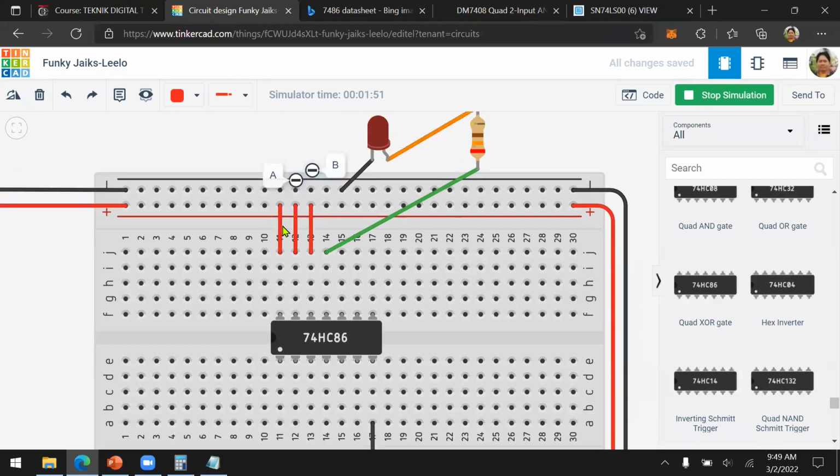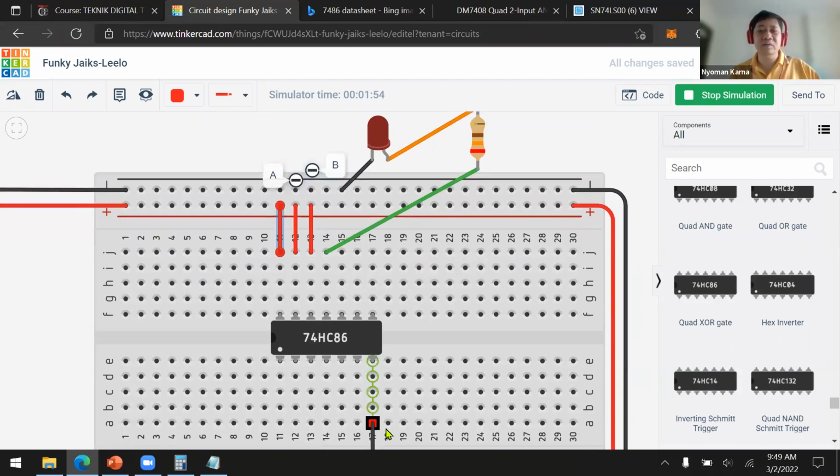So this one is for the power. This one is also for the power because power needs two polarities, positive and negative. But this cable will give input to the XOR gate, and this one will check the output of the XOR gate, whether it is 1 or 0.